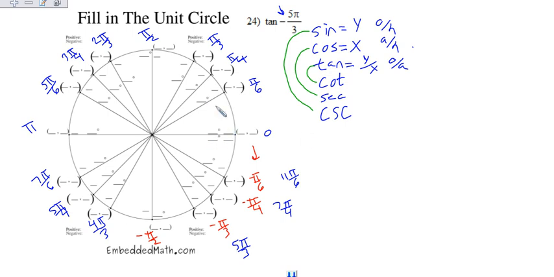You can see that if you're counting by pi over 6, that's 1 pi over 6, 2 pi over 6 would take me right here to this pi over 3, 3 pi over 6 is a half, 4 pi over 6 reduces to 2 pi over 3, and 5 pi over 6, 6 over 6 pi takes me here, 7 pi over 6, 8 pi over 6 would reduce right here to 4 pi over 3, counting by 6s, 9 pi over 6 would take me here, which is 3 pi over 2,